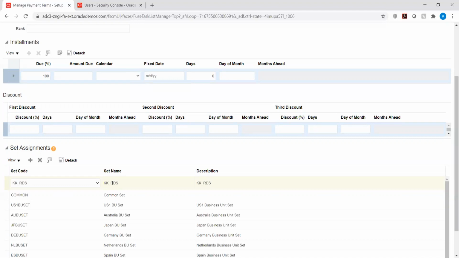Okay, I understand. So for example, I am an AP user and I have created two BUs and two reference data sets, KK_1 and KK_2. As an AP user, I should be accessing only the KK_1 BU, whereas Abhishek wants to access only the KK_2 BU. In that case, how will you assign the roles to me and Abhishek?